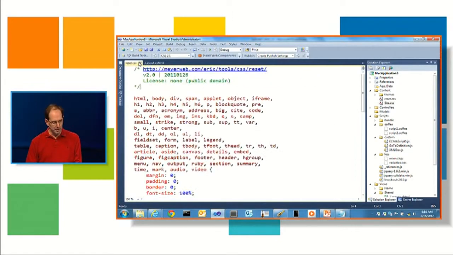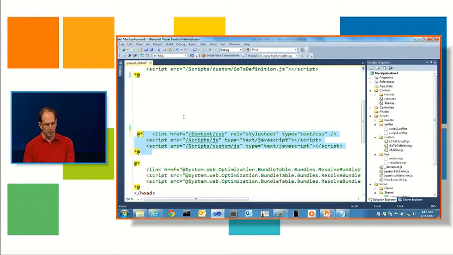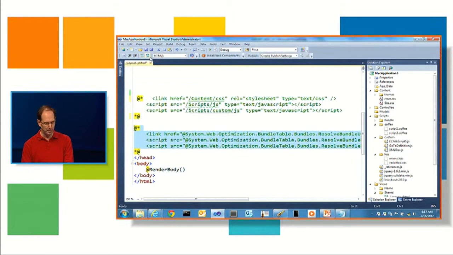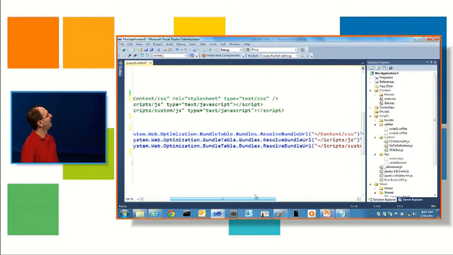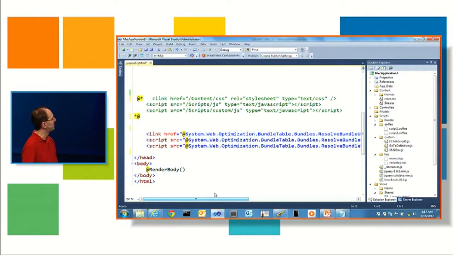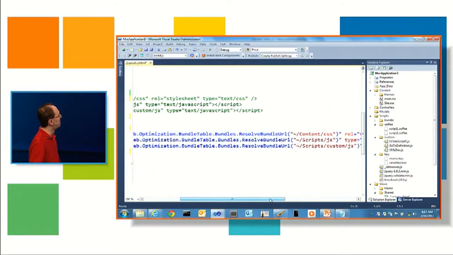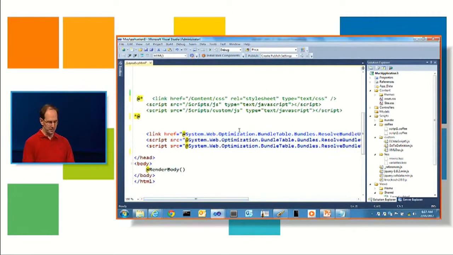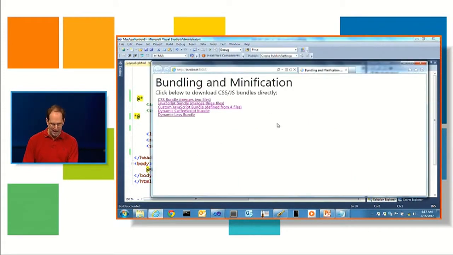In addition to being able to just reference things directly as standard HTML elements, we also have built in a couple of helpers. In the beta, they're a tiny bit verbose in that they're called system.web.optimization.bundle.tables.bundle.url. And one bit of feedback I gave the team was maybe we could make that a little smaller. And so it's probably going to be called html.bundle as a helper in the final release. Basically, you might ask, well, why would I do that instead of this? Well, this helper actually does one extra thing, which is nice, if you actually look at the HTML,